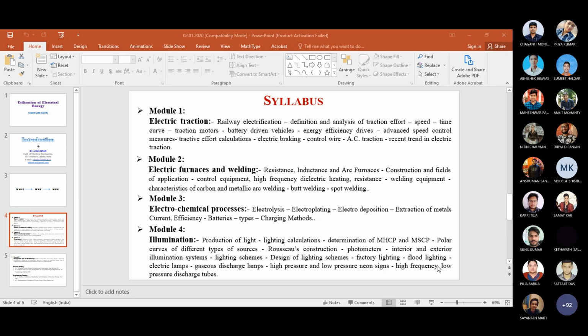If there is any holiday in our class, then there will be some shifting again. More or less traction will be completed, then some part of the next module, heating, welding, may be covered. Let me check. Okay, are you getting my point? Yes, sir. Now, Aniket,